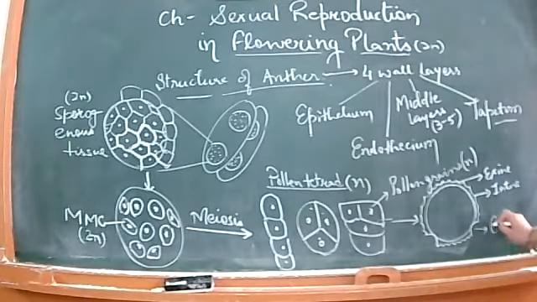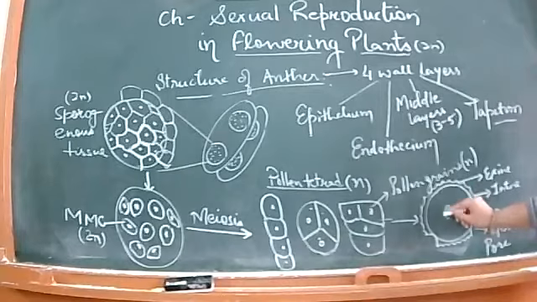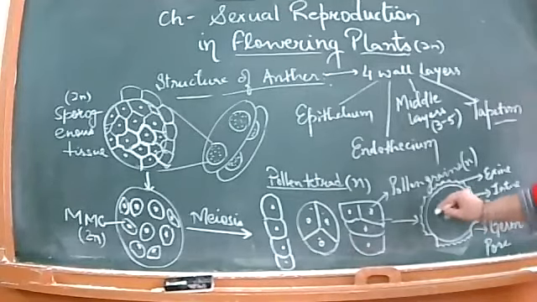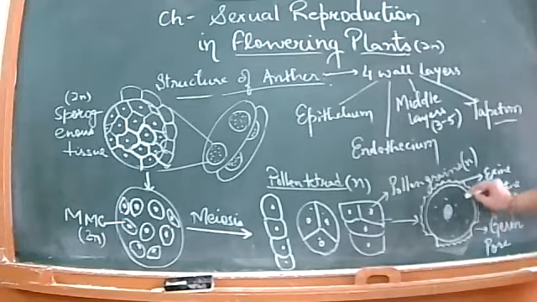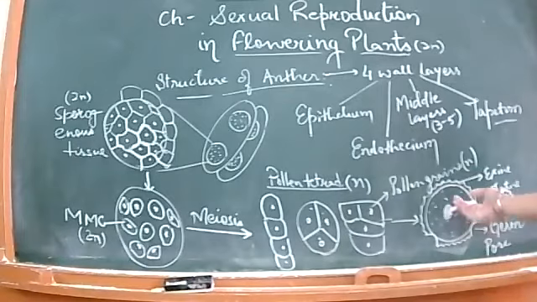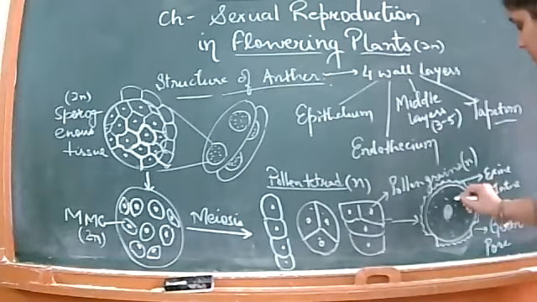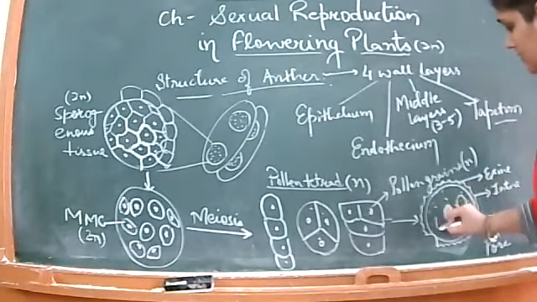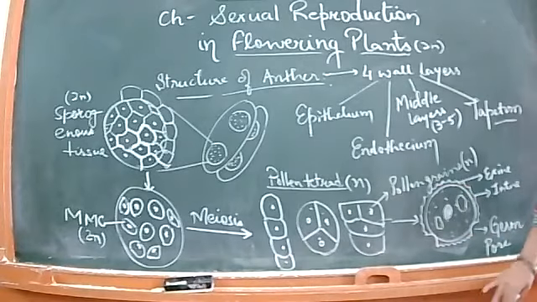Then this is the germ pore, from where the pollen tube is going to arise. This has a single nucleus initially, but then it undergoes divisions, forming two nuclei. This has a single nucleus and a cytoplasm initially, along with the contractile vacuole, which can also be shown in these structures. So there are vacuoles also in the structure. So this is the structure of a pollen grain.